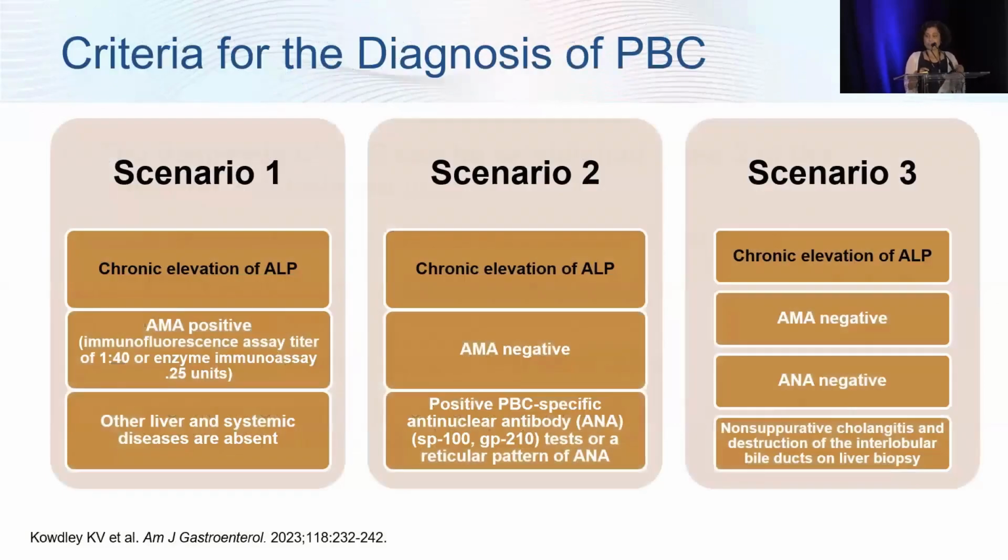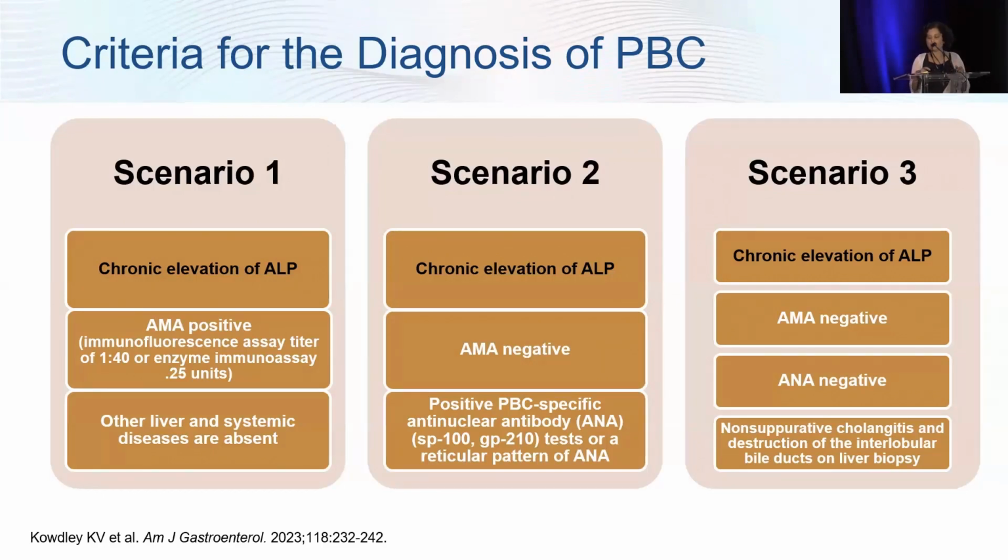Just like I mentioned, scenario one: elevated alk phos and a positive AMA. Done, diagnosis. Scenario two: elevated alk phos, AMA negative, but positive ANA as well as SMA, then you can have the diagnosis. Scenario three: elevated alk phos, ANA and AMA negative, but the patient had a liver biopsy,